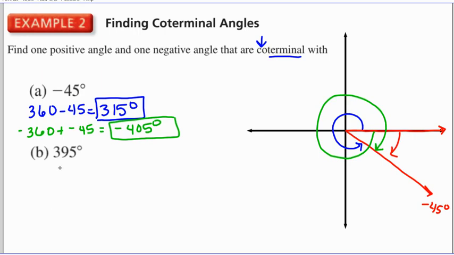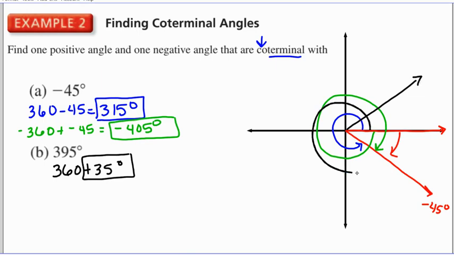Okay, the next angle that we want to talk about is 395. Now you'll notice that 395 is more than 360. It's actually 360 plus 35 degrees. So that 35 degrees right there is already a positive angle that is coterminal. So really, if I had a 35-degree angle right here, if I go up and around, and then to that, that is 395 degrees. But if I only go from my initial side straight there and don't go all the way around first, then that's going to be a